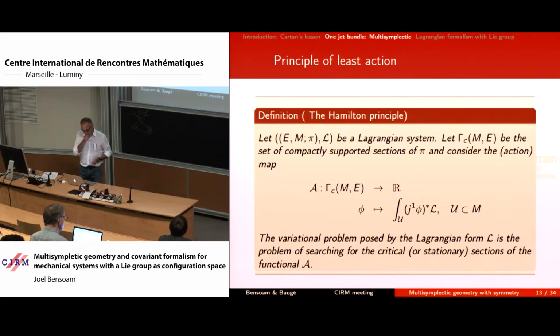So the Hamilton principle is now a map between the set of all the sections. It means that for each section, for variables corresponding to the time or space,